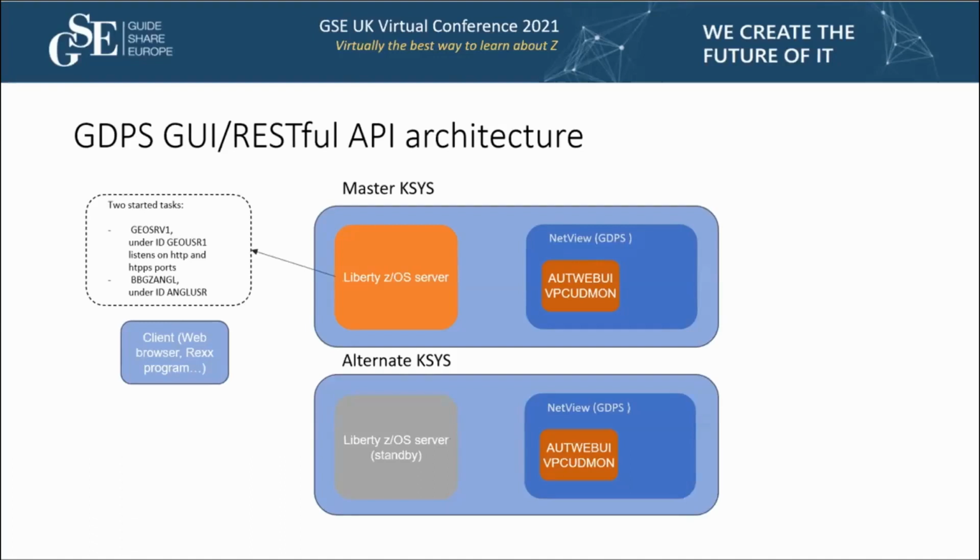This STC will listen on an HTTPS port to provide access to the GDPS interface through a web browser or a REST API client. Then you have a second started task called the angel process, which is required to allow the first one, the Liberty STC, to access authorized commands such as authenticating users through SAF and